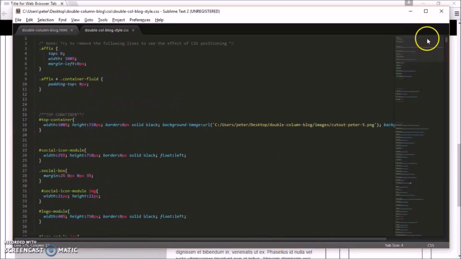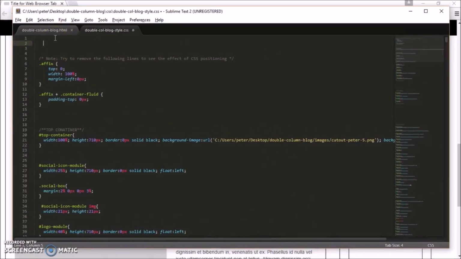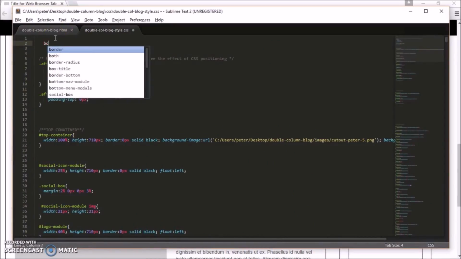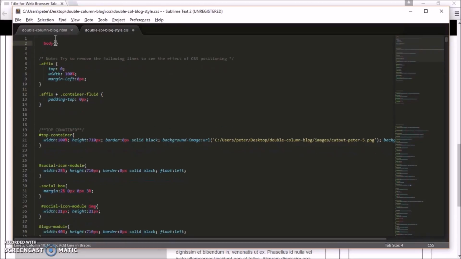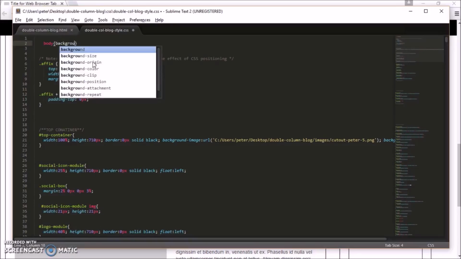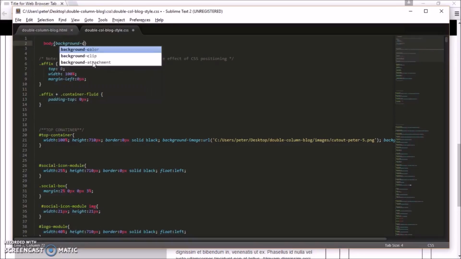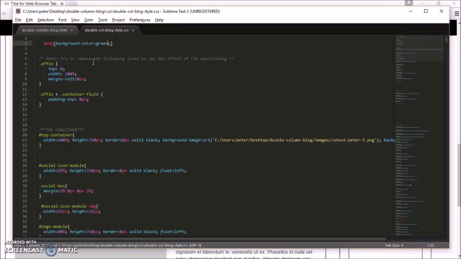Alright, so let's go ahead and type in body. So for the whole body, I want the background color to be a certain color. The body, and then those curly braces next to your P letter. So I'm gonna go ahead and type background color. And I just put it green. Let's see how that looks. So I'm gonna save it,